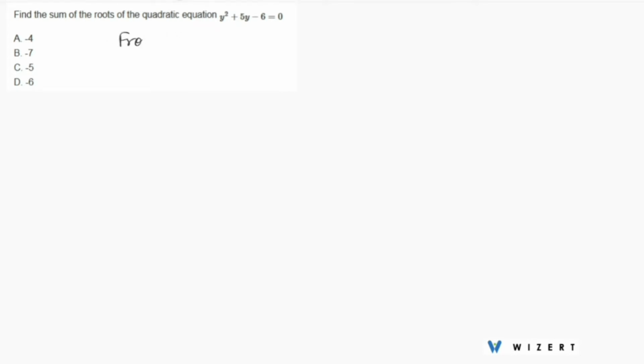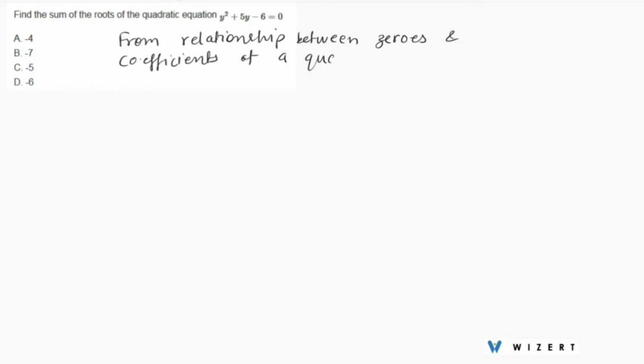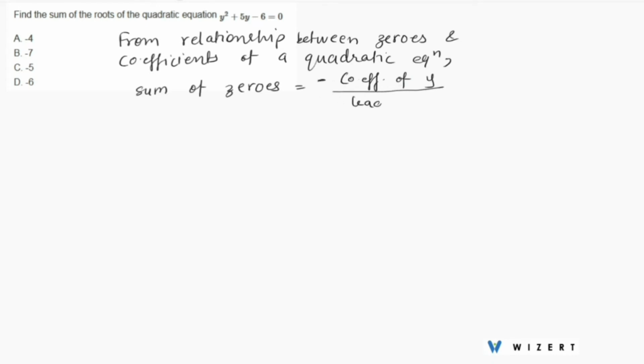We know from the relationship between zeros and coefficients of a quadratic equation that the sum of zeros will be equal to the coefficient of y in this case divided by the leading coefficient,